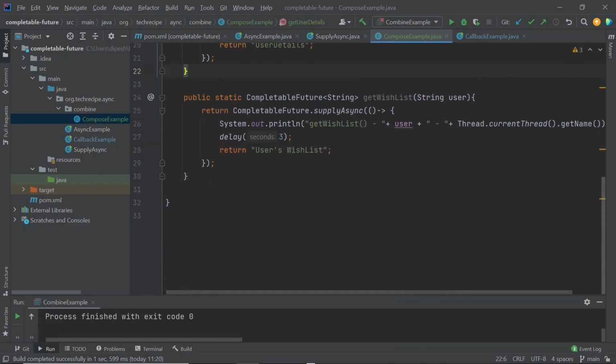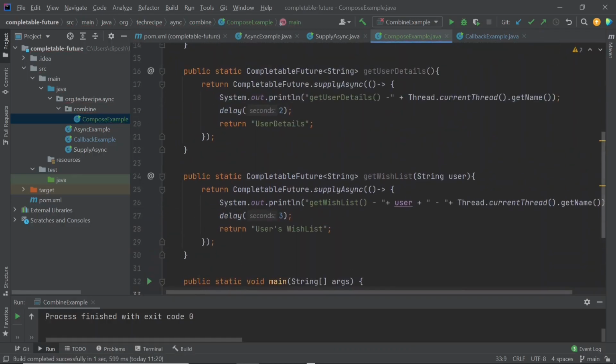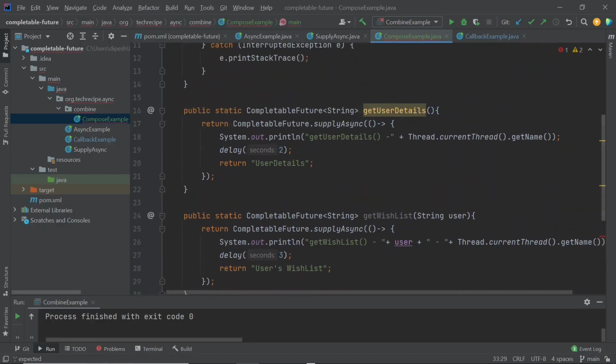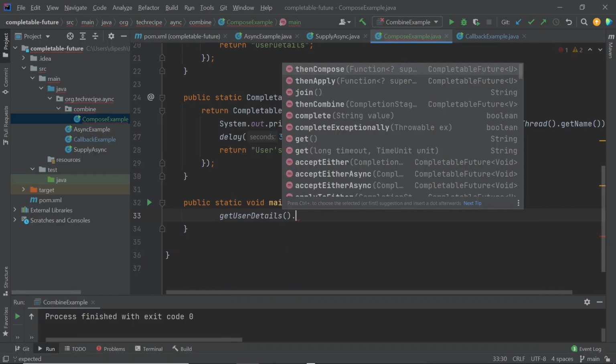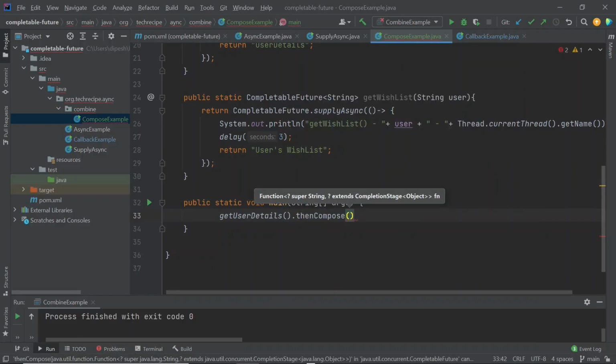Okay, so these are the two asynchronous operations, and we are going to see how we can run them sequentially using thenCompose. Let's write our main method. We call the first getUserDetails asynchronous method, and on that we can use thenCompose, which takes another function.